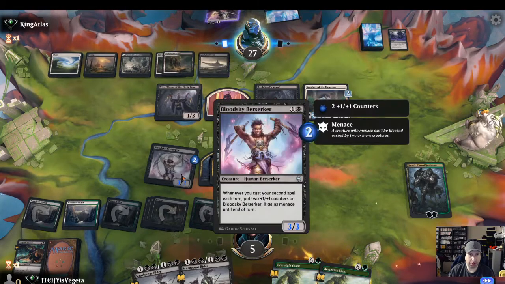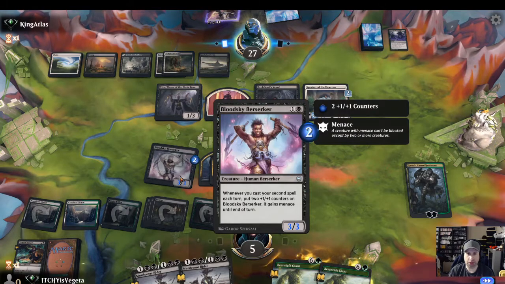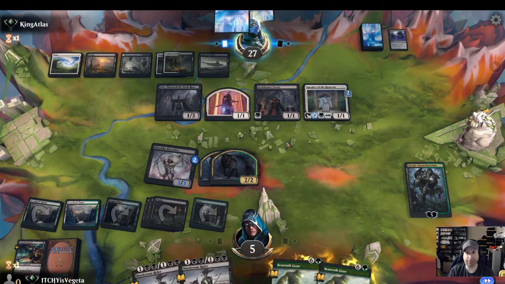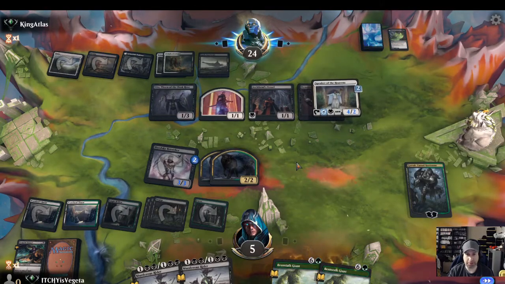So, a nice thing about this guy is if he casts a second spell, he gets an ability called Menace. I forgot that he didn't have it anymore. But he gets an ability called Menace, where he has to be blocked by at least 2 creatures. I am not very good at teaching this game, by the way, so...